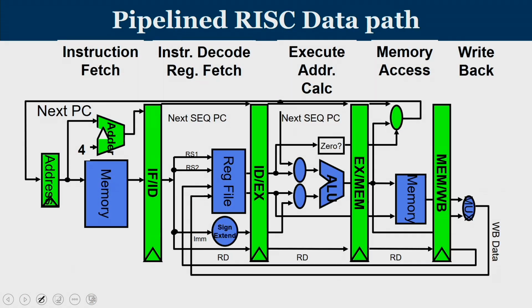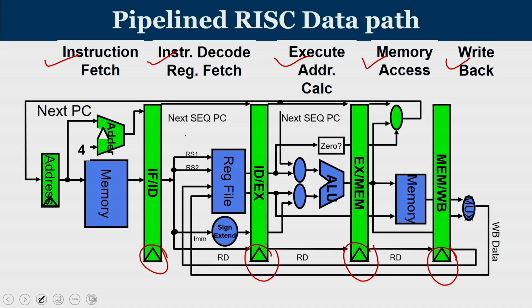So, that constitutes the 5 stages of the instruction pipeline. You fetch the instruction, decode and read the registers, execute or calculate the effective address, for load and store perform memory access, and write the result back into registers. All these pipeline stages have pipeline registers connected to the same clock. Once the clock ticks, whatever is available in the input pipeline register acts as the input to the combinational block, which performs the operation and writes the result into the output pipeline register.